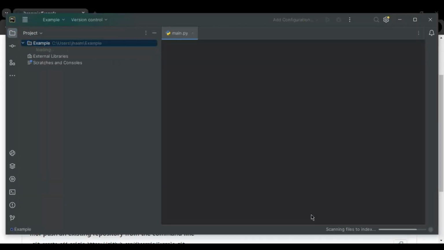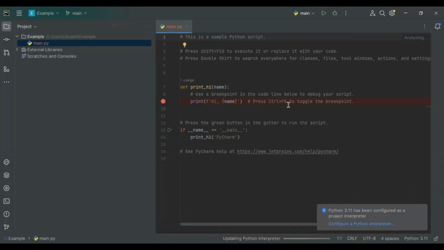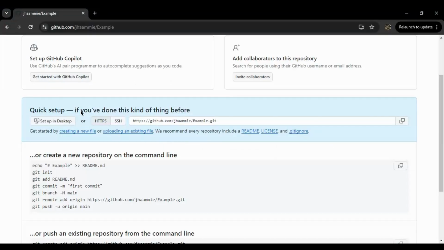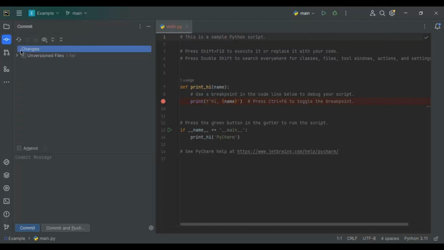And now it's given me this. So I have main.py. And from here, if I want to, for example, move this file from PyCharm to GitHub, then what I can do is go on to commit. So here I have project, then I can go down on the second one to commit. And after that, you can find main.py